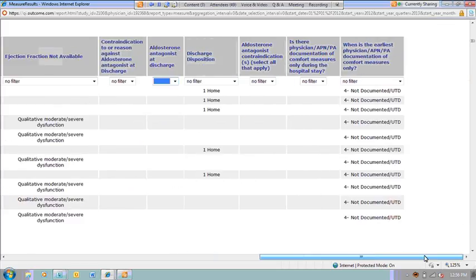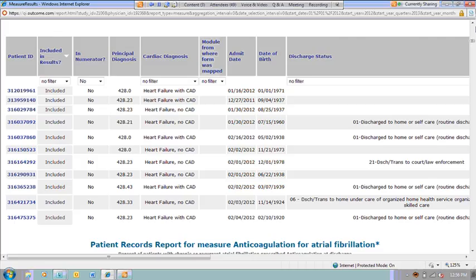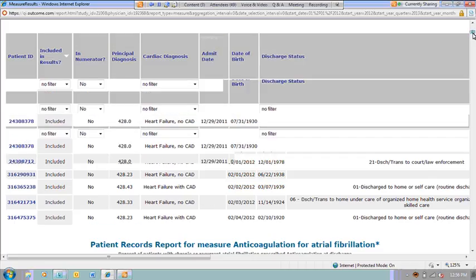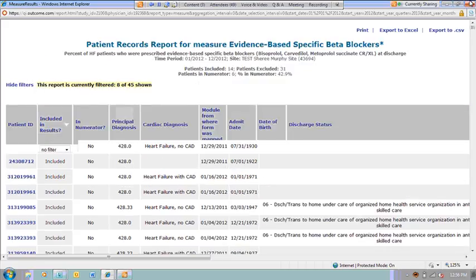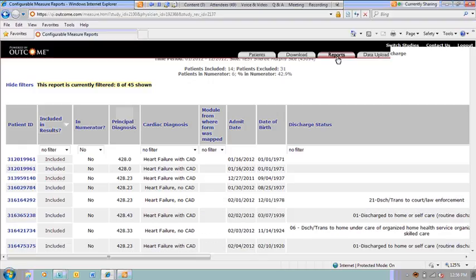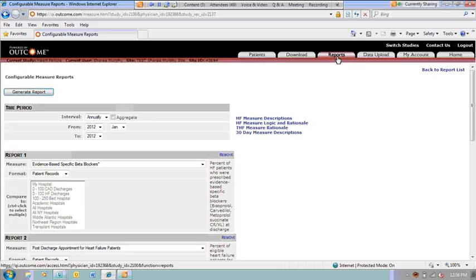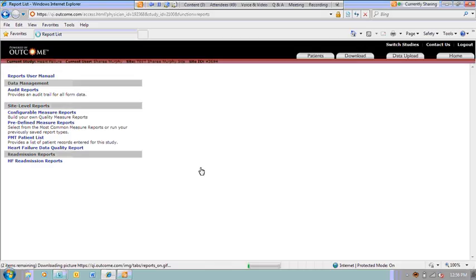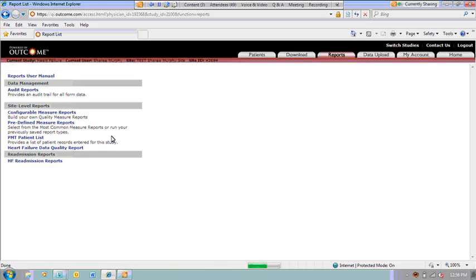One of the ways to prevent having a lot of blanks impacting your data is by making sure you save your records as complete. A way that you can run a quick report to see that your records are saved as complete, and therefore will have lesser likelihood of poor data quality impacting your measure results, is by running this PMT patient list.